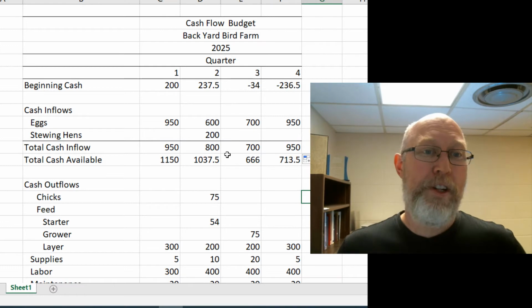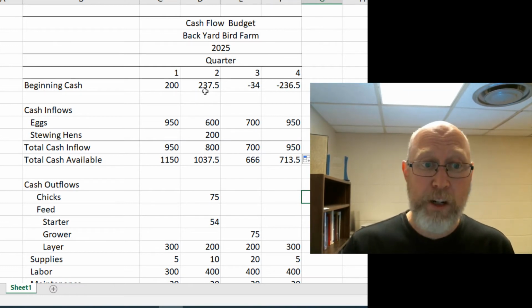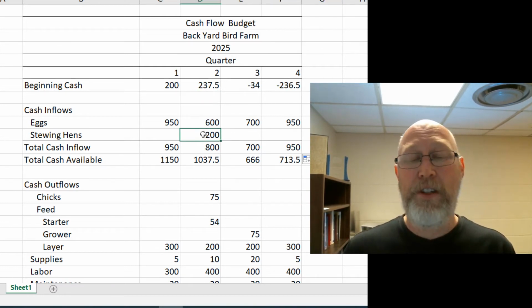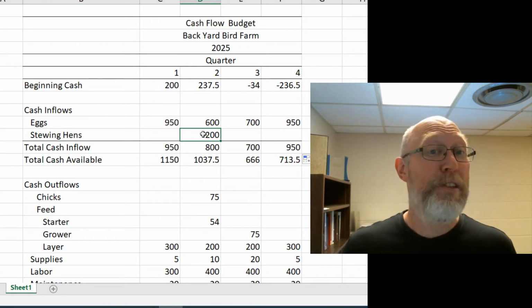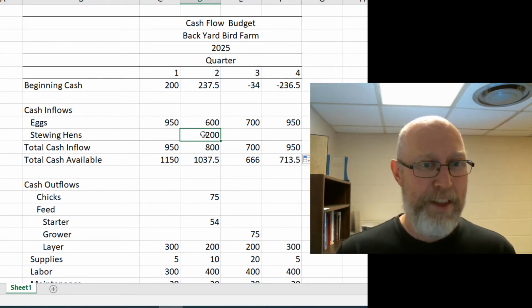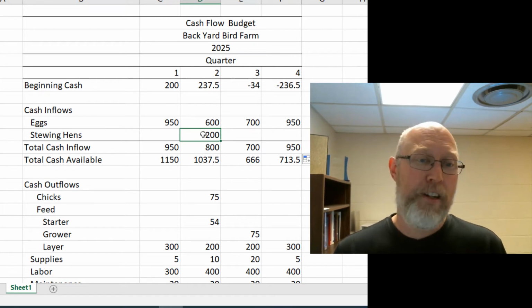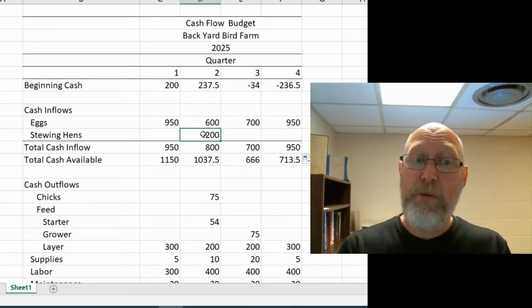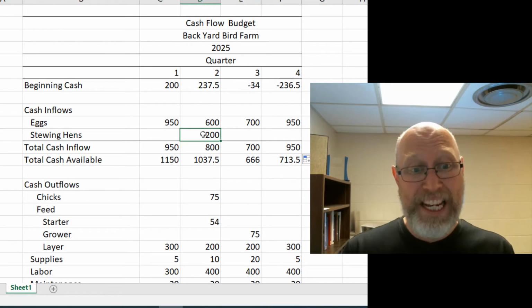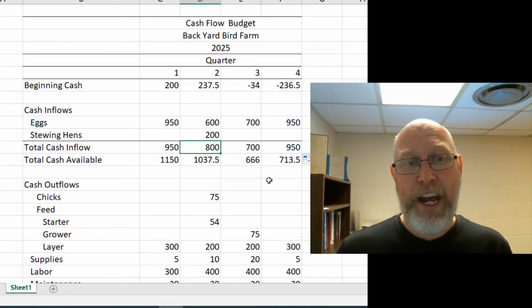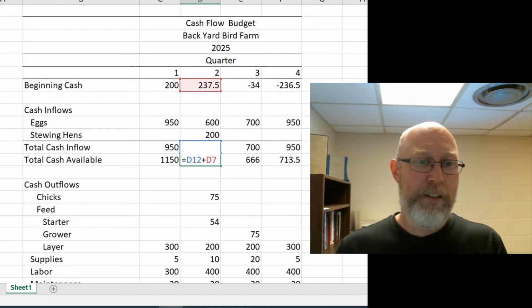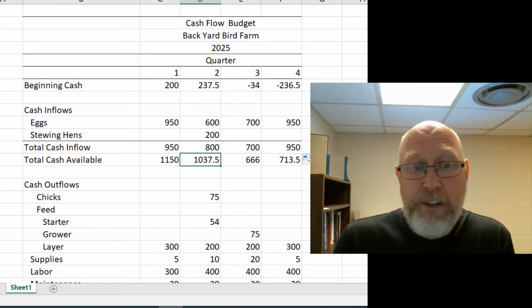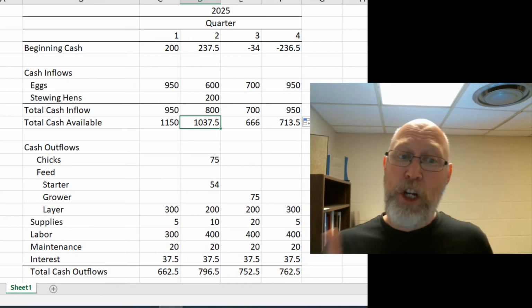So now here's the scenario. In the second quarter, I had those stewing hens. These are my older hens that are less productive, that I'm going to take and harvest so that someone can cook them and eat them. And I'm projecting I can sell these for 200 bucks total. So I'm selling 200 bucks worth of hens, not 200 hens. I added my cash inflow, 600 plus 200 is 800. Add that to my beginning cash, and I've got just over $1,000 available to spend, which is good news because